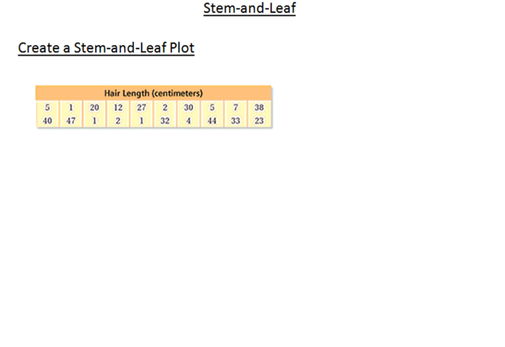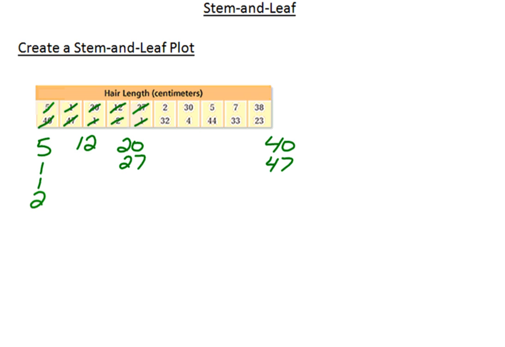Now let's go over stem and leaf. First thing that makes it easier to create a stem and leaf is to organize the numbers by your 1s digits, your 10s digits, your 20s, your 30s, etc. So I have a 5, this is a 40, a 1, 47, this is a 20, a 1, 12, a 2,